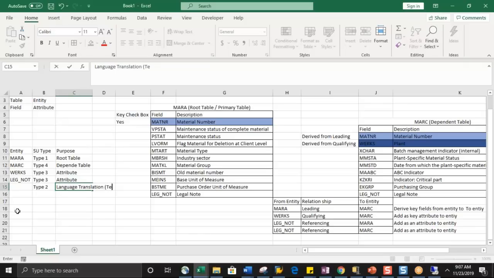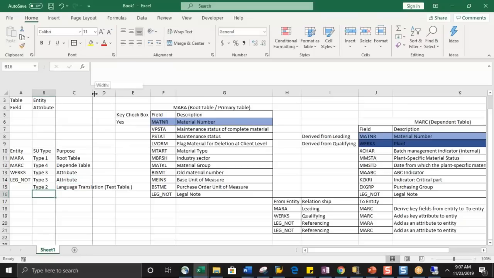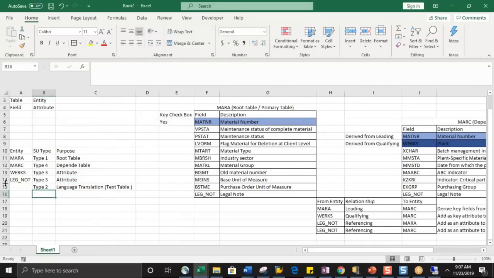We have a concept called text table in ECC. Hope you are aware of this, right? Text table. Similarly, if we need any language descriptions from an ECC, we will be creating an attribute in MDG. Type 2 is a text table, but it would be used as an attribute in MDG. Example,